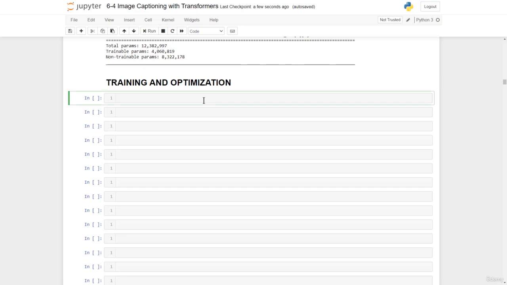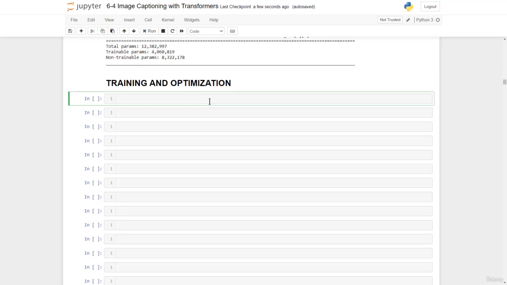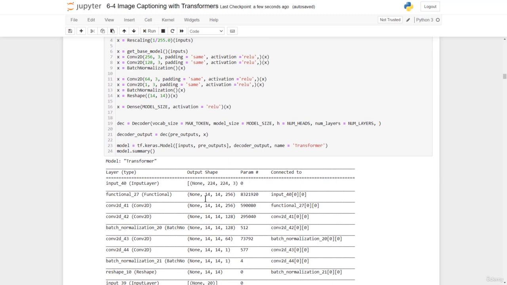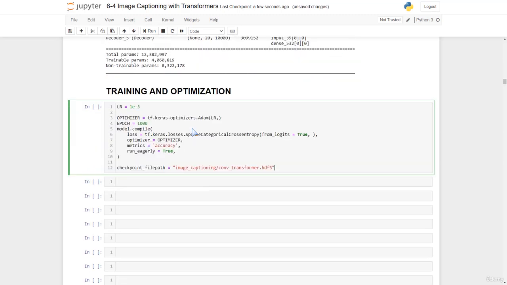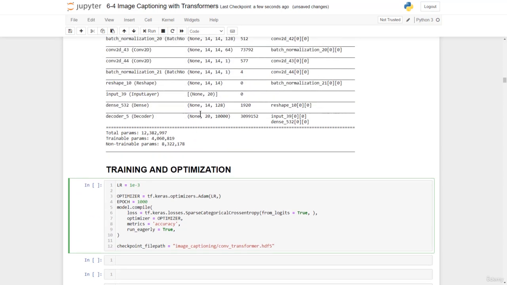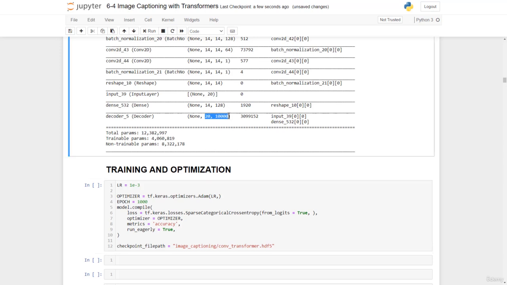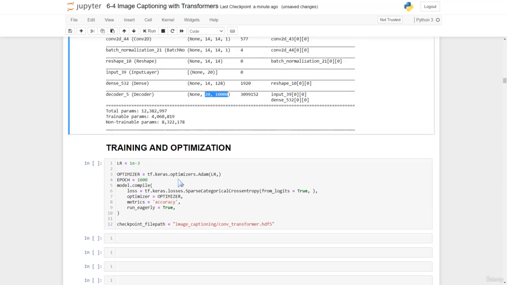Welcome to the section on training and optimization. In this section we shall train this model which we've defined previously. Right now we have this. Our loss is sparse categorical cross entropy because our output is this 20 by 10,000 tensor right here, and then the